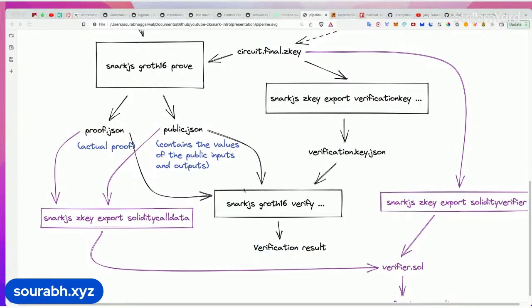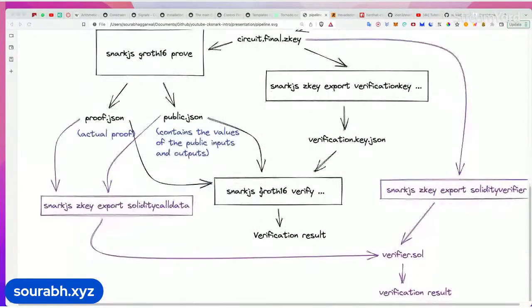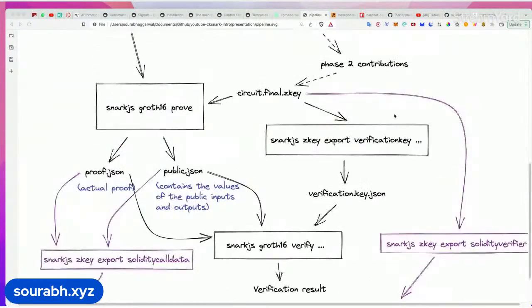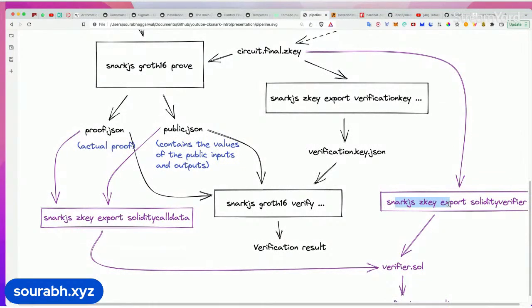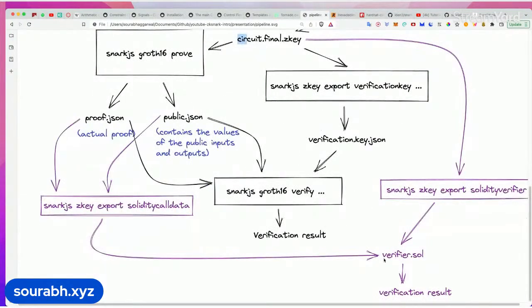So also, where did we use the smart contract here? To generate that smart contract thing, from this zkey file we exported the verification key. We can also export the verifier contract. So using this command snarkjs zkey export solidityverifier, giving the input as this zkey, we will get the verifier.sol file. Now we can give inputs to this verifier.sol file, this proof.json